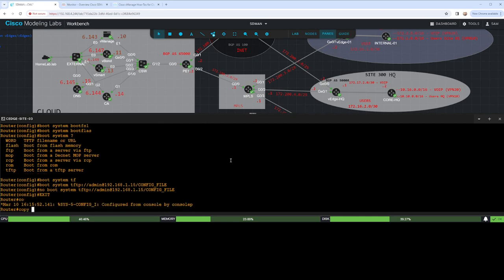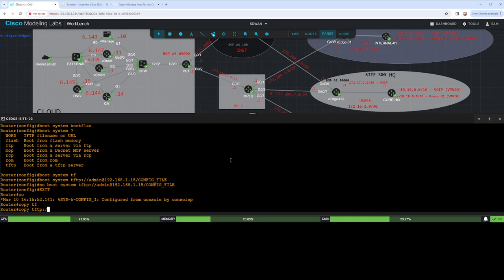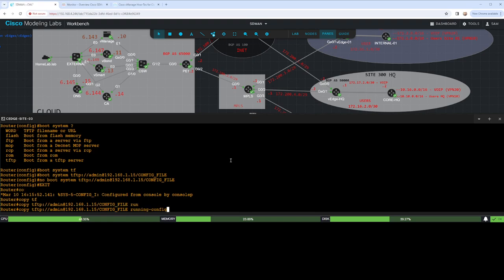I think it's copy TFTP, right? Admin at 192.168.1.15, and then config file, and then running configuration, something like that, right? Obviously the config file doesn't exist yet, okay, but